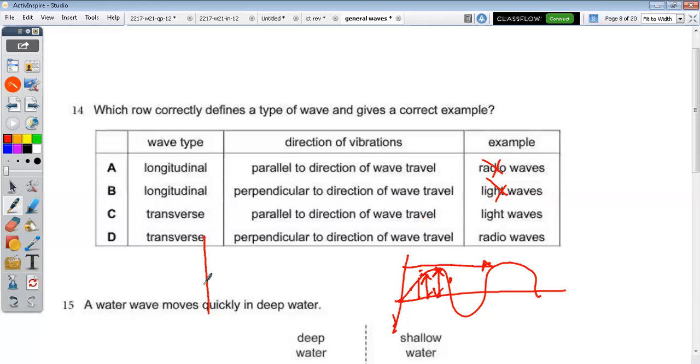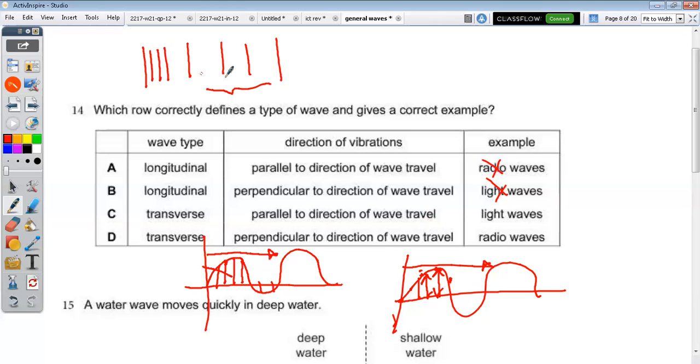I said in a longitudinal wave, the individual particles in the wave are moving parallel, in the same direction as the wave. And we said we've got regions where particles are very close together and regions where particles are far apart. This means areas of compression and rarefaction. Areas of compressions, areas of rarefactions where the particles are far apart. That is to do with the longitudinal, which is sound. That's what it is.